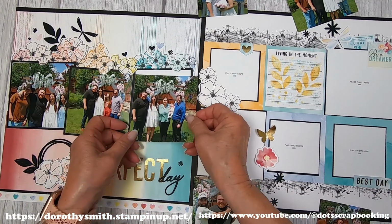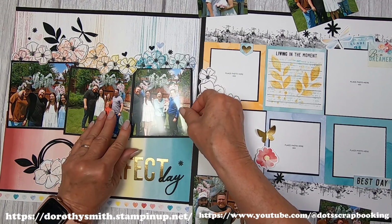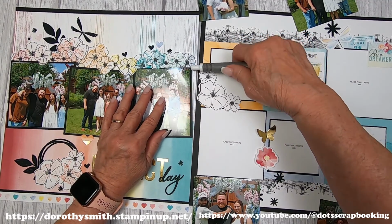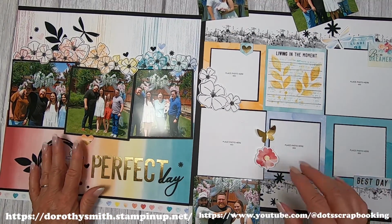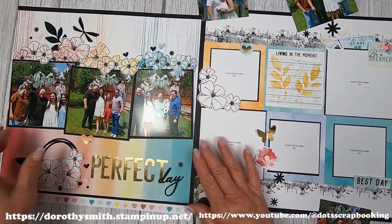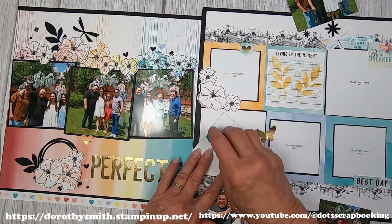And then this couple and their baby. Darcy, I believe this is someone that Darcy worked with in the hospital. He's also an RN. And with their baby. And it was so nice to have all these babies at the wedding. So it ended up being just an absolutely perfect day. It truly was. So then we've got a close-up or a small version of